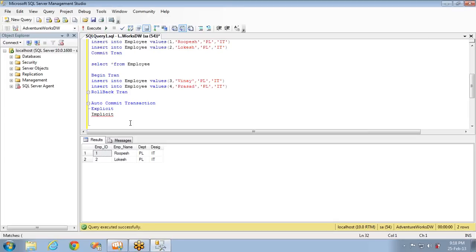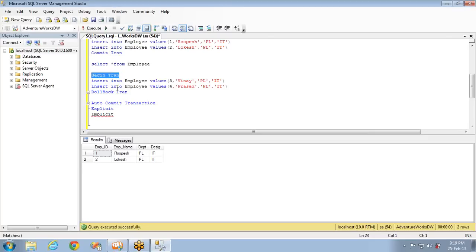What is an auto commit transaction? If you do not mark the boundaries of a transaction explicitly, the boundaries being the starting point and the ending point, then by default SQL Server will take each and every individual T-SQL statement as a transaction.